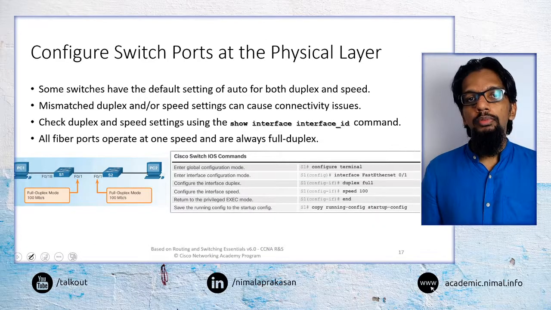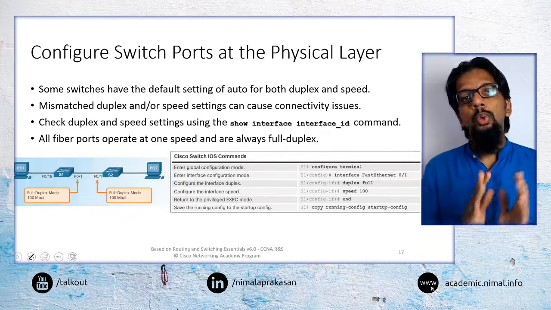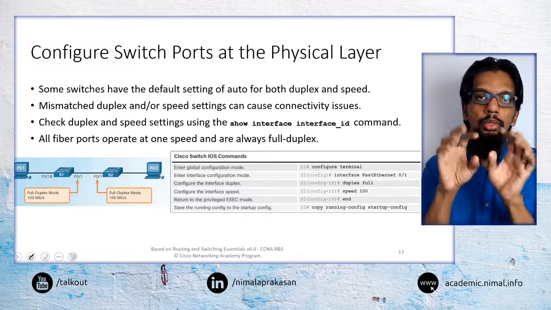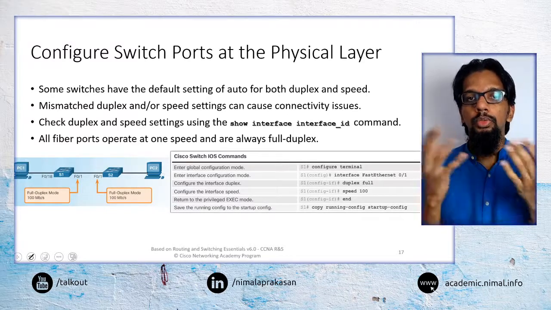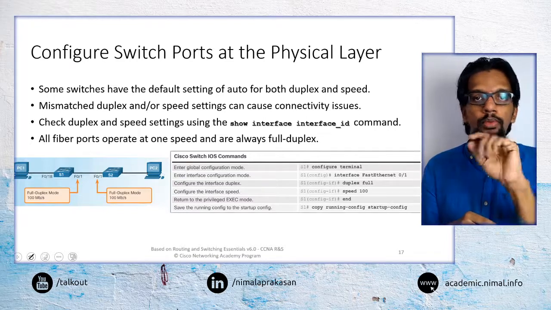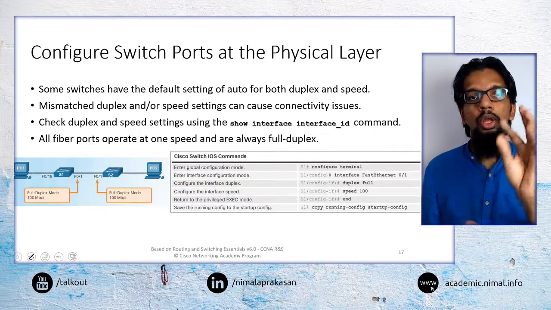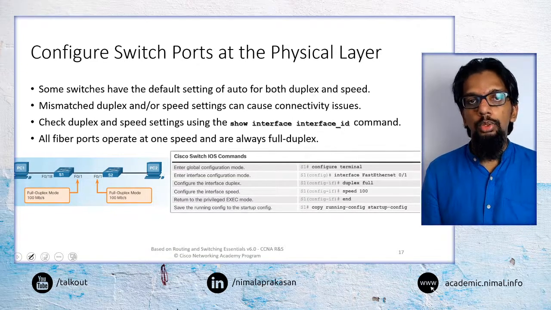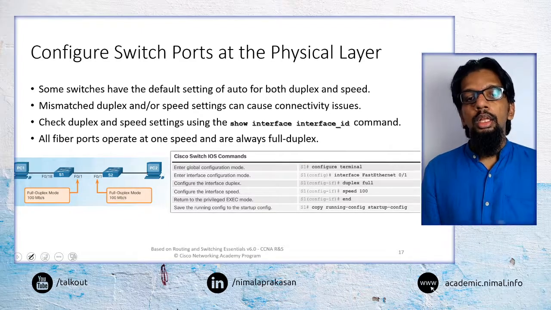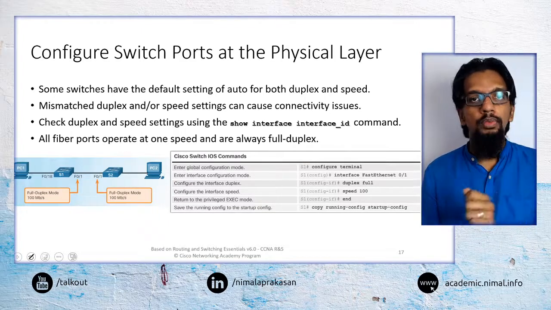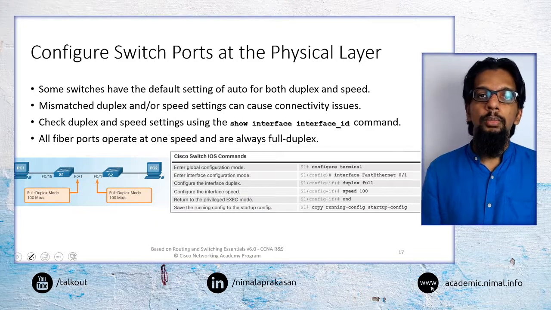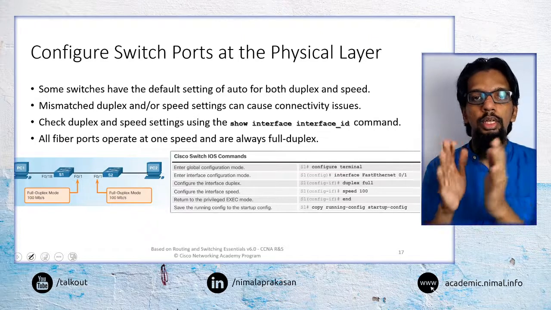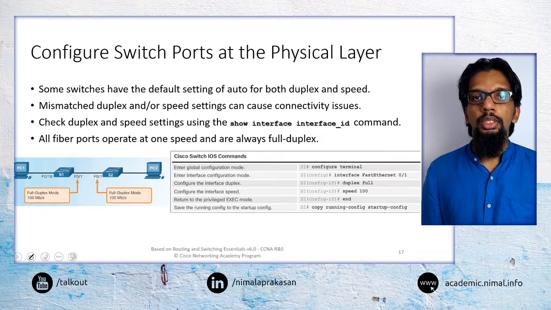So once we have configured the switch itself, now we can go into configuring the various ports of the switch. In a switch, now that we have configured the switch management interface, we can connect to the switch remotely through an IP network, so there's no need for a direct connection. Then regardless of how we are connecting, whether from a direct console cable or from an IP connection, the next thing that we'll have to do is configure the various ports that are available in the switch.